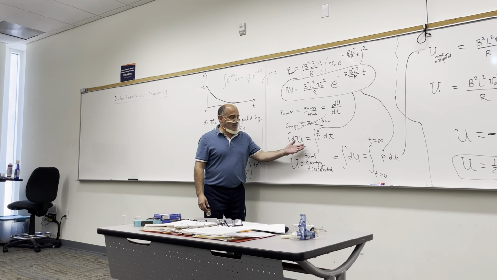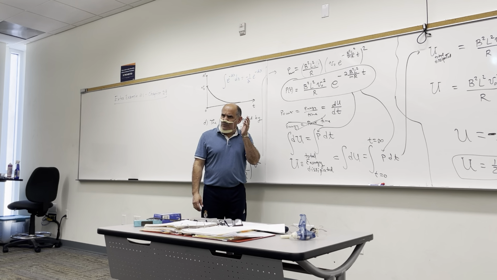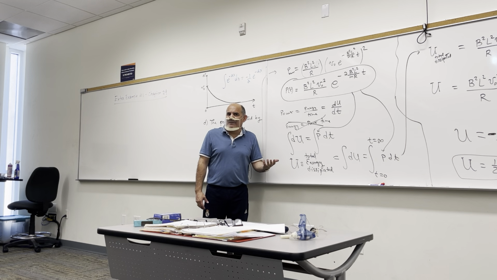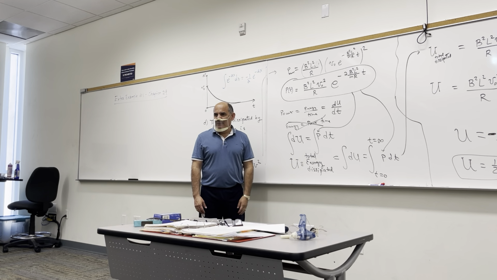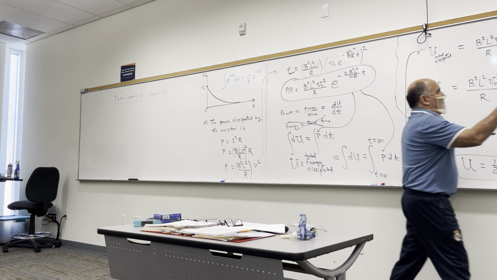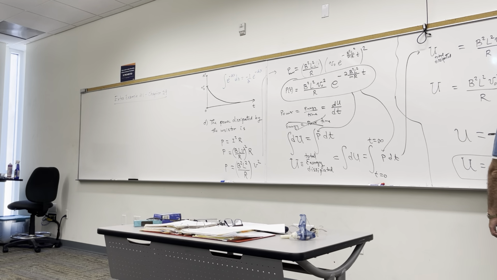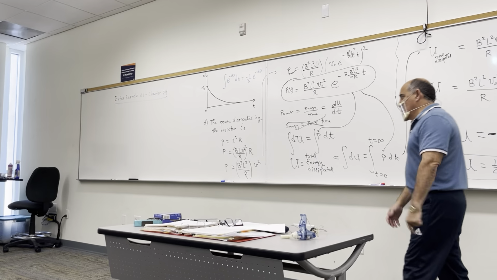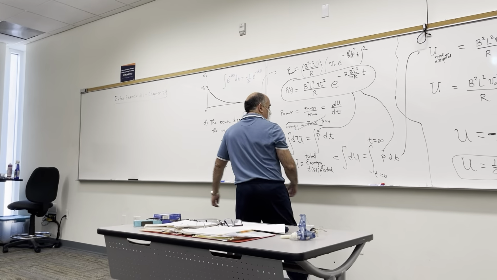So we didn't run into this issue: what happens if the power is changing with time? How do I get the energy out of that? You integrate the power with time. So that's something new. You come across this integral, e to the minus something t dt. It's not supposed to be a difficult one. Maybe you don't remember it, but it's an integral that shows up a lot, and as you'll see it again in other courses, you'll say, oh, that's an integral that I should know, and then you'll be able to work with it